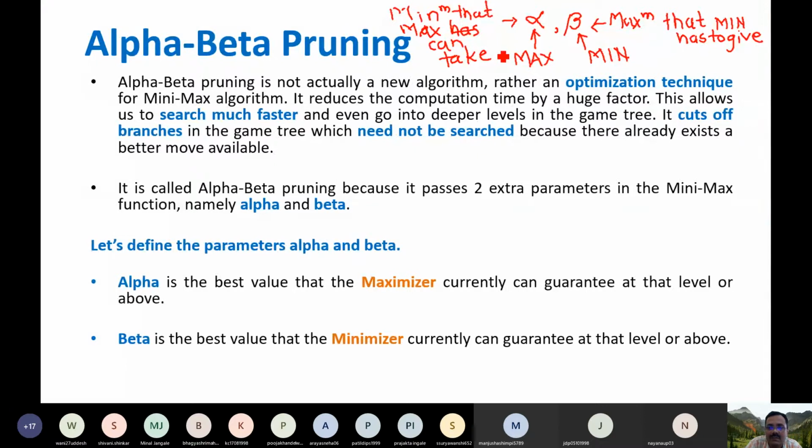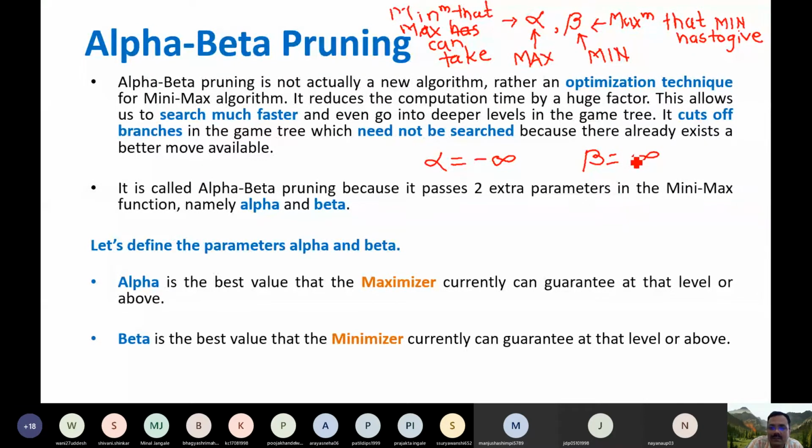You told me last time, in the worst case, what is the minimum value that a max can take? You told me that is minus infinity. So we initialize alpha with minus infinity, and beta is the maximum that the minimizer has to give. Initially the maximum value that the minimizer in the worst case has to give will be beta.